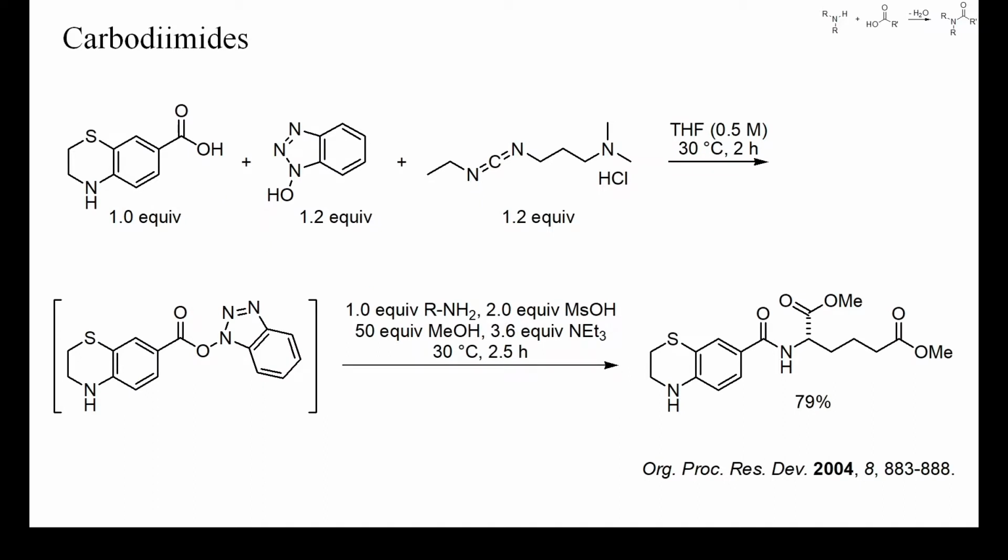Here, for example, this water-soluble carbodiimide was used to facilitate the isolation of the product. The required dimethyl homoglutamate had been prepared in situ by heating homoglutamic acid in methanol with methane sulfonic acid, and the hopped ester was added directly to this mixture together with a small excess of triethylamine. Despite the complexity of the reaction mixture, the desired product was obtained in high yield.